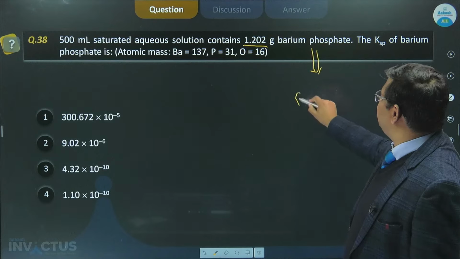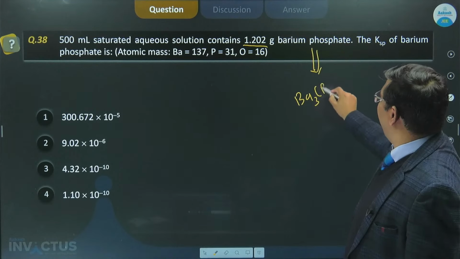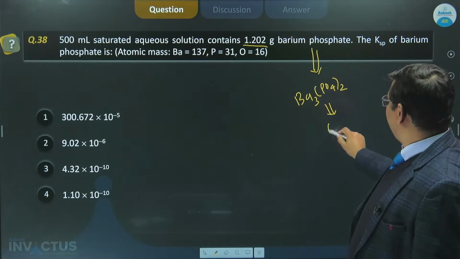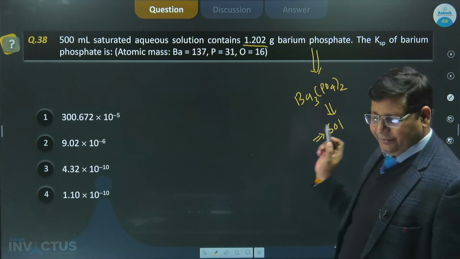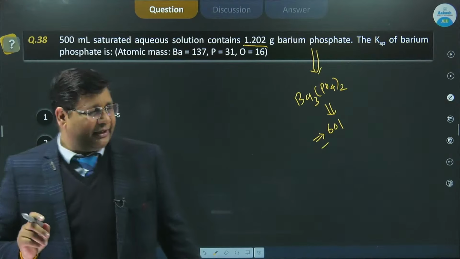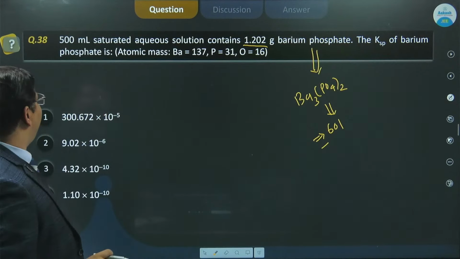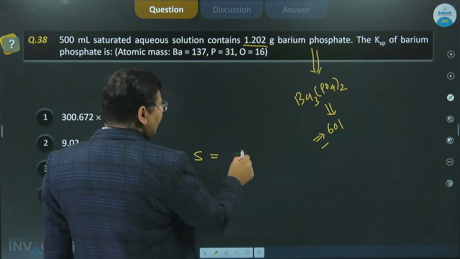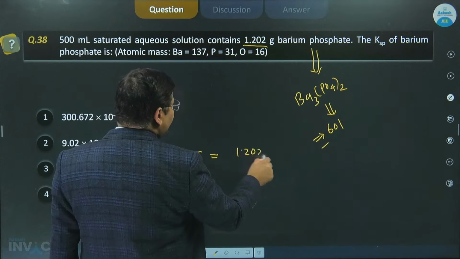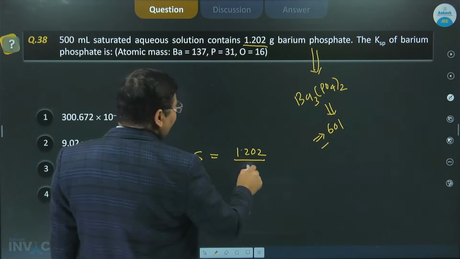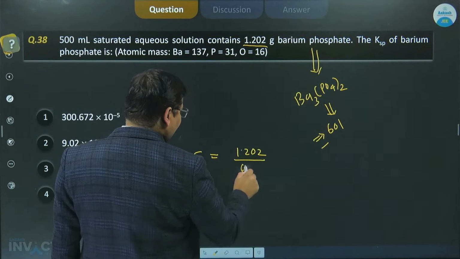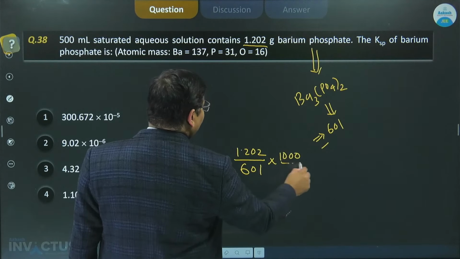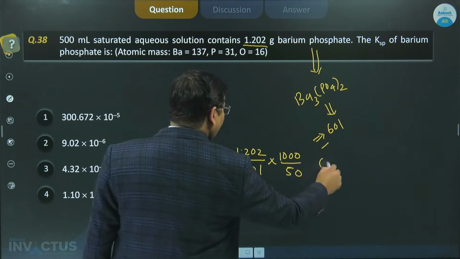तो सबसे पहले बच्चों जैसे कोई कंपाउंड आया पहले उसका फॉर्मूला लिख दो, क्योंकि इससे मोलर मास निकालना आसान हो जाएगा। और इसका मोलर मास रख दोगे तो 601 इसका मॉलिक्यूलर वेट आ जाएगा। ठीक है, बेरियम का ऑलरेडी गिवन है आपको, फॉस्फोरस का गिवन है, चेक विद दिस। ठीक है, तो अगर आपको 500 ml में इसकी सॉल्युबिलिटी को मुझे मोल पर लीटर में निकालना है, तो दैट इज 1.202 अपॉन 601 और इसको हमने ले लिया 500 ml में, तो इससे मैंने सॉल्युबिलिटी मोल पर लीटर में निकाल लिया।